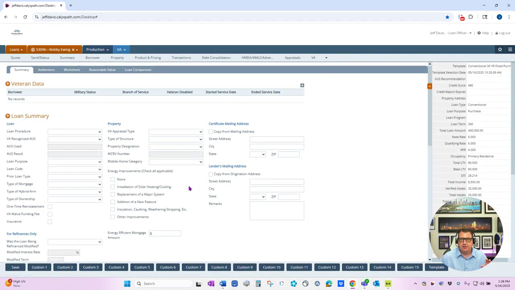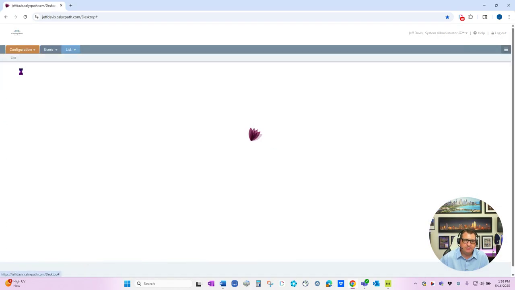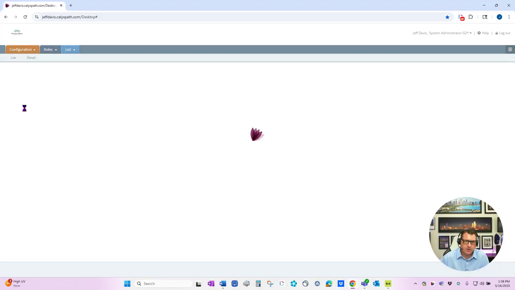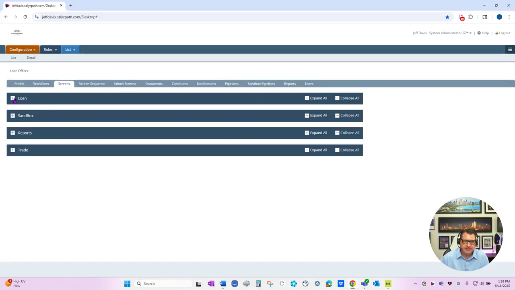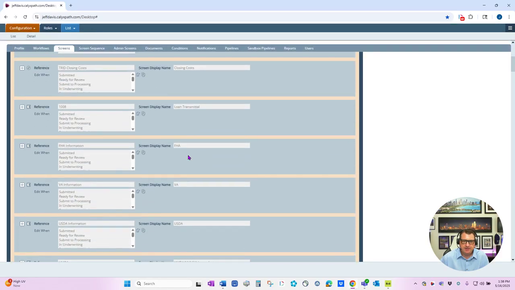And so what we're going to do is go back into the system admin and turn off all the custom buttons, but we'll configure custom button 1 and custom button 2 to view VA documents and to run, let's say, DU, just as an example. Okay, so let's go into the system admin real quick and go back to configurations, roles, loan officer, go into screens, go into our production screens. We'll scroll down to the VA